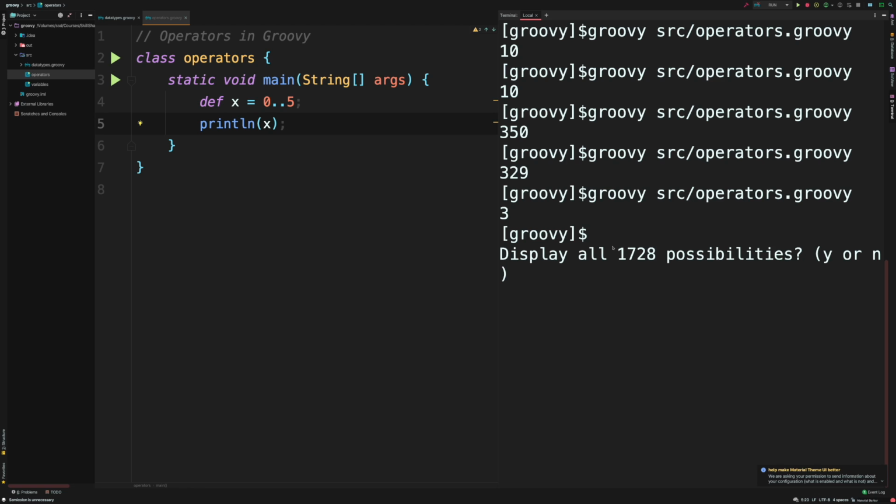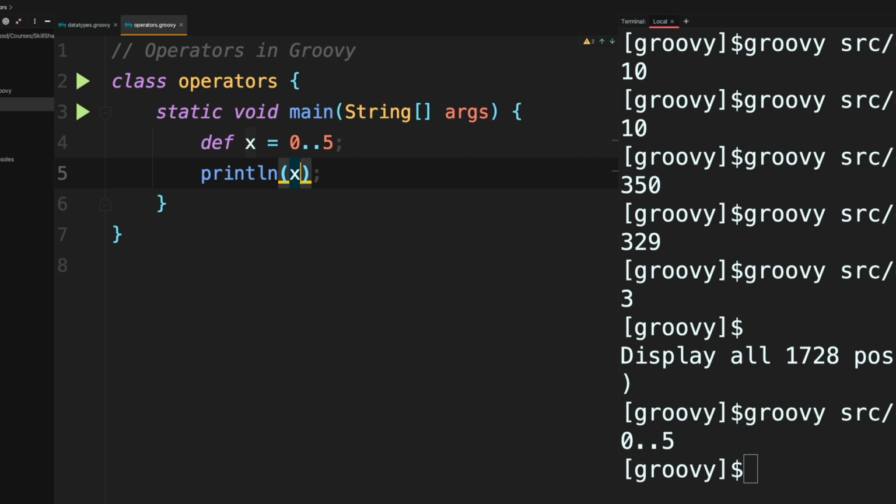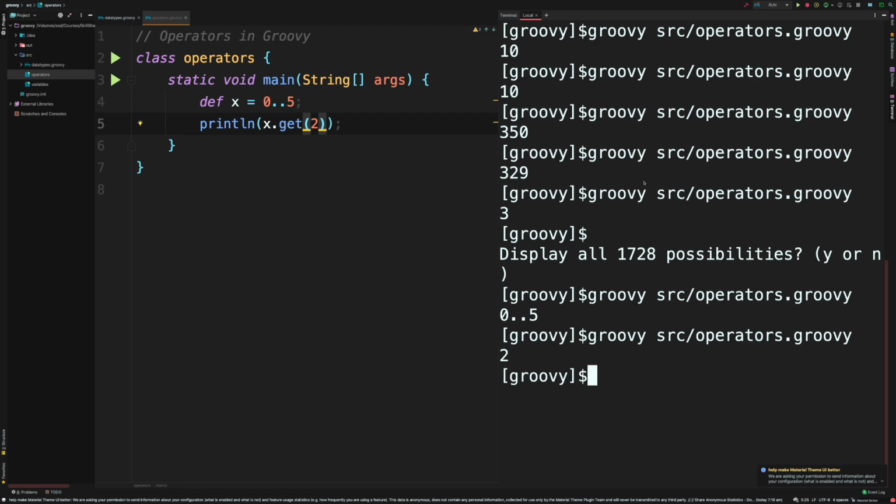I'm going to run this code, and I get to see 0..5. Now, what if I want to get a particular value from 0 to 5? I'll just do x.get with index 2, and I'll run the code, and there you go. I get 2 back.